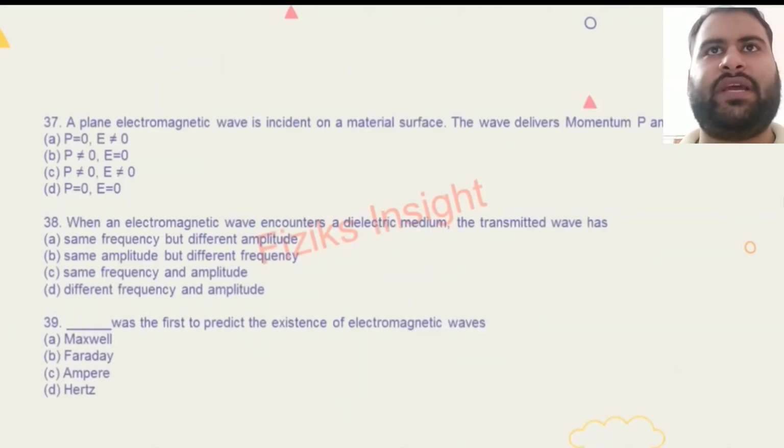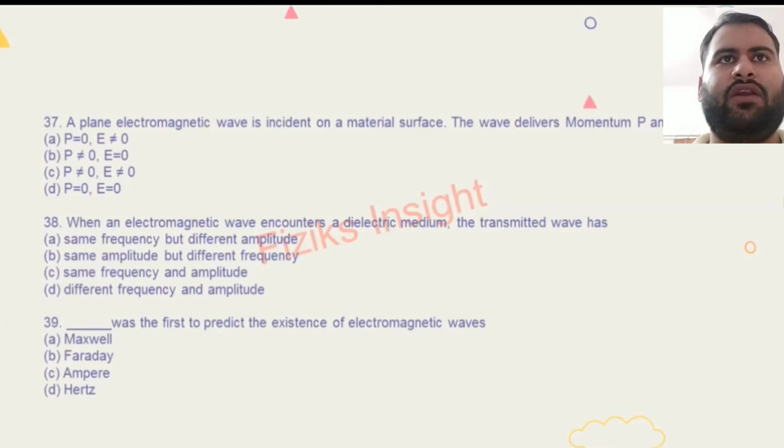A plane electromagnetic wave is incident on a material surface. The wave delivers momentum P and energy E. P is equals to 0, E not equal to 0; P not equal to 0, E equals 0; P not equal to 0, also E not equal to 0; P equal to 0 and E equal to 0. So which option is correct for the 37th question? So it is